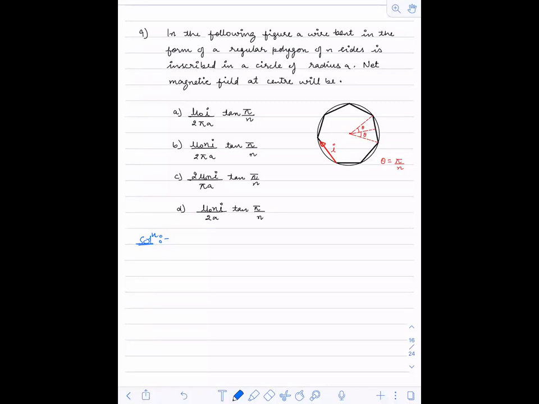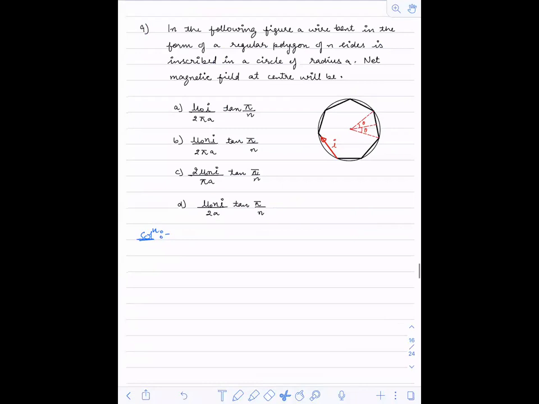Okay. So just see here. In the question already this theta is equals to pi by n was given to us. Actually, suppose if I don't give you this value, I found out the perpendicular r distance and then I found out. So just see this question number 9. So the time will be over till then. I'll solve this question number 9.